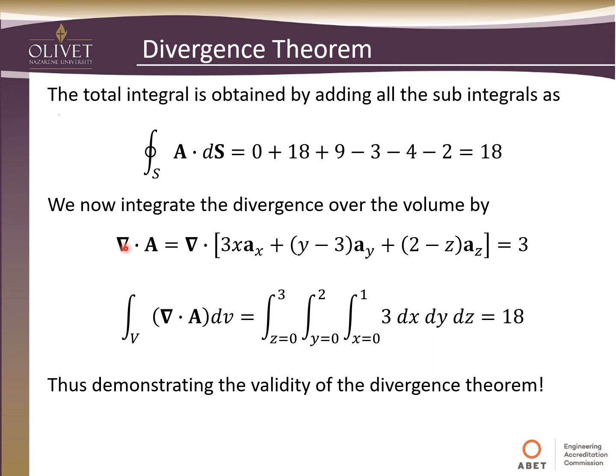If we take the divergence of A, that's del dotted with these guys, so it'll be the partial of AX with respect to X, the partial of AY with respect to Y, the partial of AZ with respect to Z. In this one we would get 3, and this one we would get 1, and this one we get negative 1 for negative Z. 3 plus 1 minus 1 will give us 3. We integrate that over our limits of integration, which just plug in 3 for this. So we go from 0 to 3, 0 to 2, 0 to 1, 3 dx dy dz. It's a pretty simple triple integral. Add those up, and we get 18.